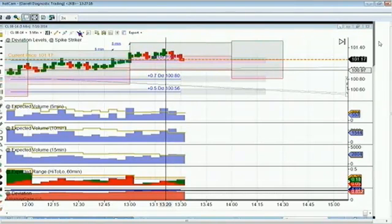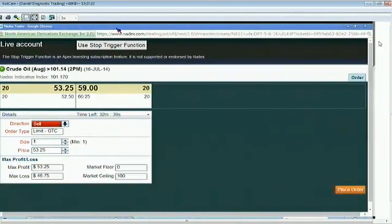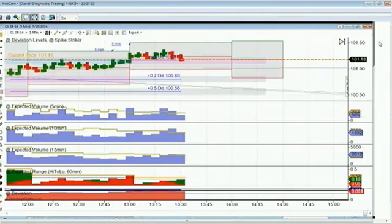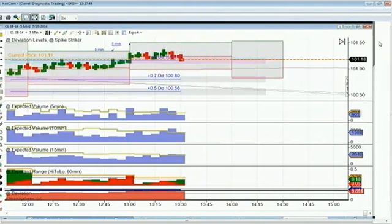So how do you do an at-the-money on the Spike Striker? That's sort of a new one we haven't talked about too much before. If you're going to do it at-the-money on the Spike Striker, you go in and you sell it, but you're going to take profit a lot sooner. Okay? Not normally the trade I do most often, but it is one that you can definitely take advantage of. So you can sell that one and then set a take profit to buy it back. So if we sold it right now at 53, bought it back at, say, 30 or 25 on that,